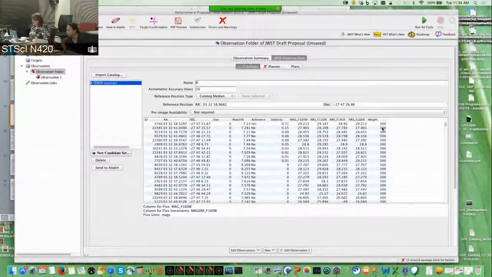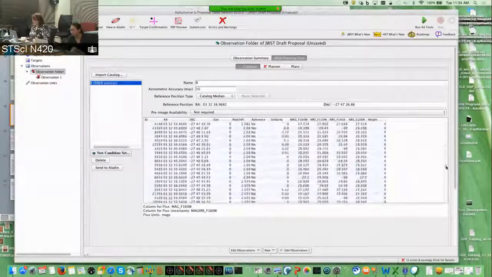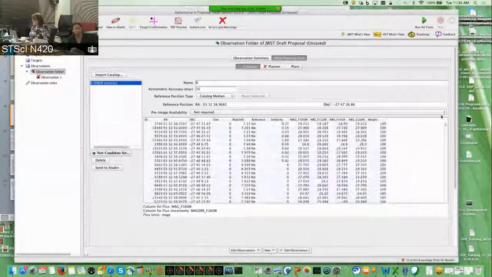Okay, you can see that I've ordered my list so that the highest weighted sources are at the top, and there's an internal scroll bar here I can use. If you expand your window large enough, you should be able to see all of the internal scroll bars that you need access to. Okay, so that's my catalog,